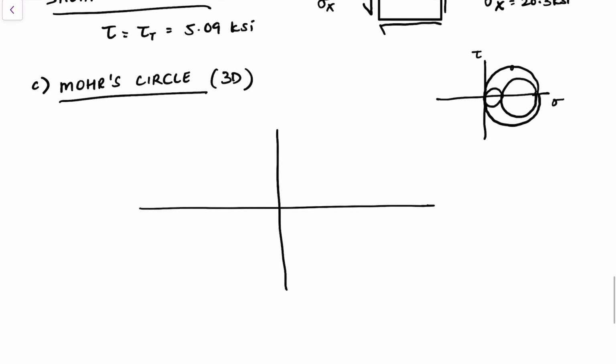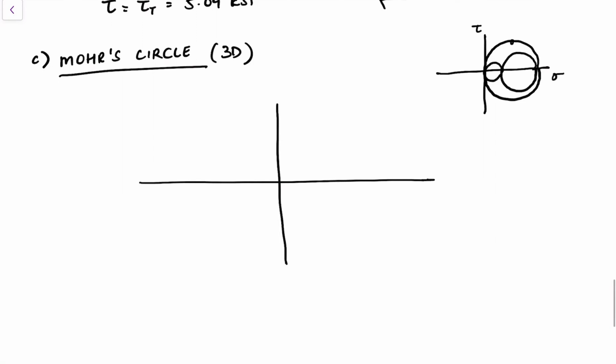So I would always draw a 3D Mohr circle just to be safe, because there are going to be other planes, or rather maximum stress that doesn't show up in the current configuration, and you need to complete the entire Mohr circle to find that one. So if I were to draw my Mohr circle,